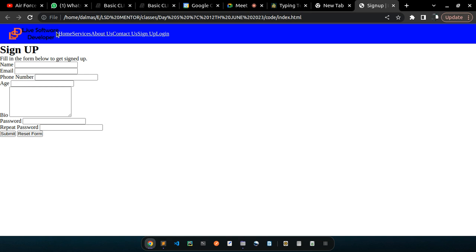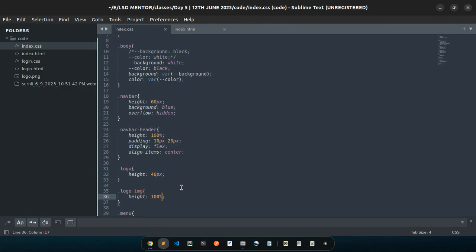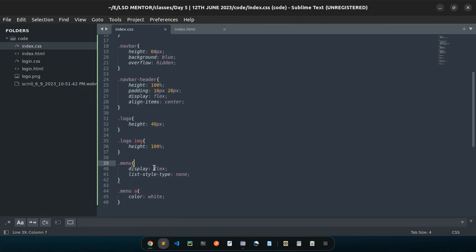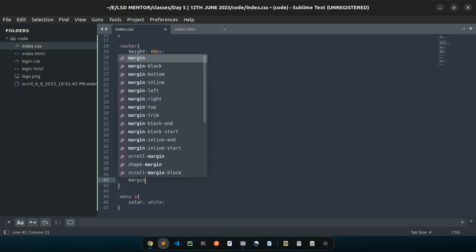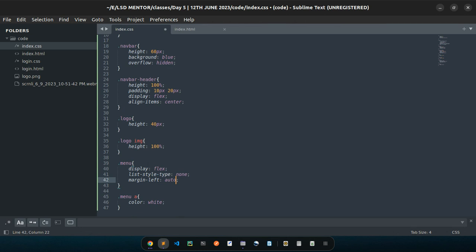The next thing is to look at this menu. I want to push the menu to the very end here, I don't want it at the beginning. So how can I do that? To easily do that, I could have done, here we have a format. The first is to set the margin left to auto,